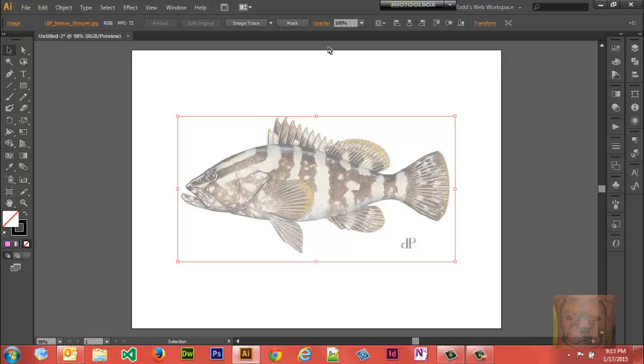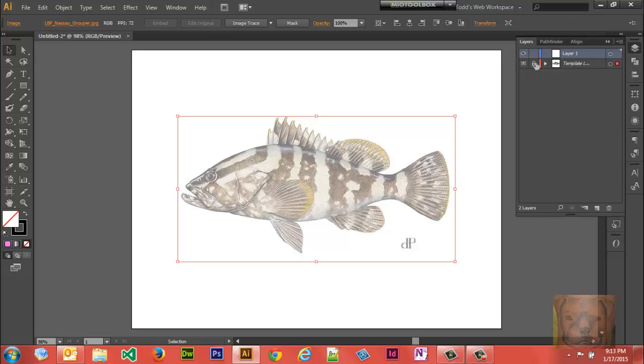And you'll notice it automatically lowered the opacity by about 50%. And if you look in your layer panel, it's locked. You can't do anything with it. It gives you another layer to draw on right here. So what we're going to do is we're going to take our pen tool